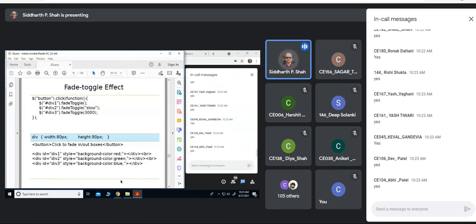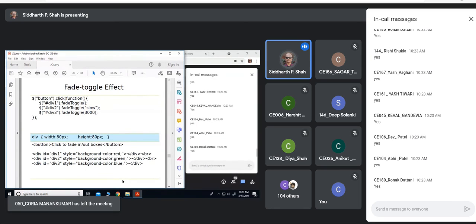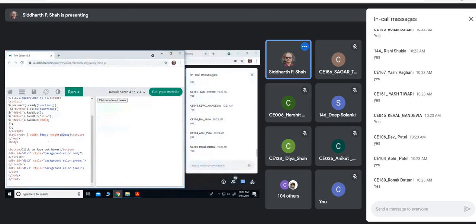Then fade toggle. Now it is, I guess, the same thing. For the sake of completion, I am doing it here. And this is fade toggle.